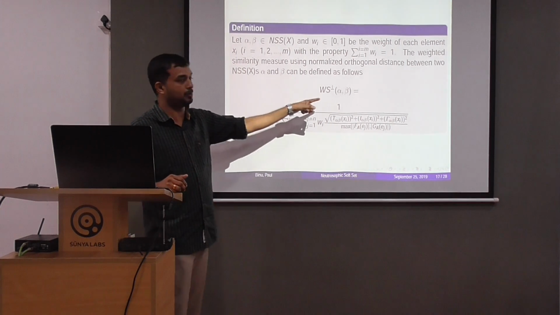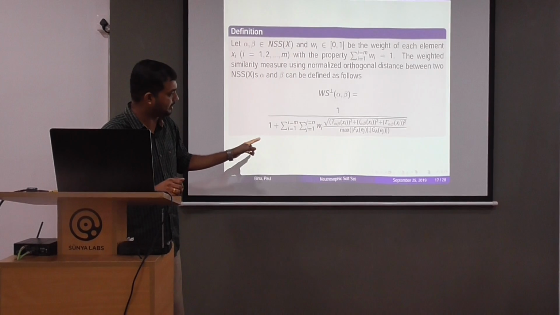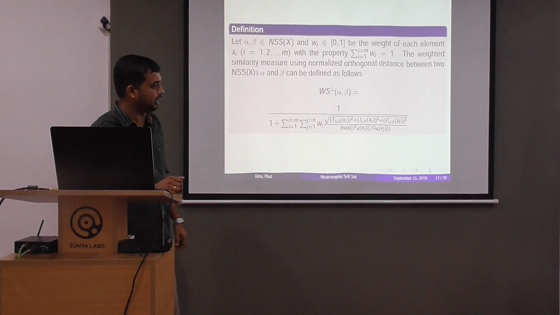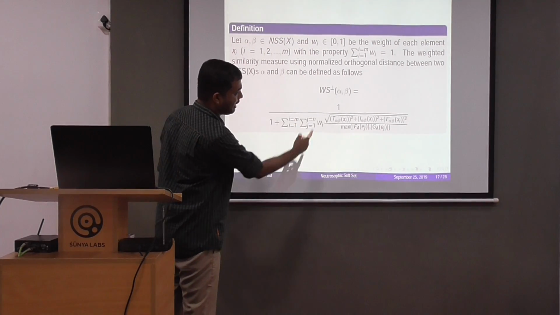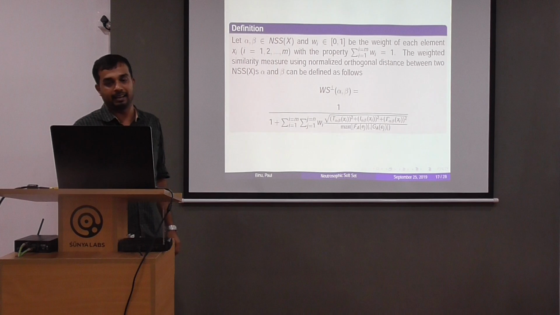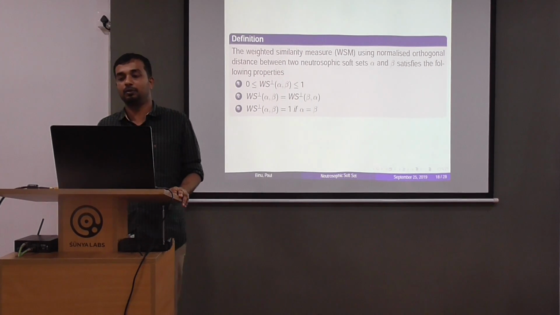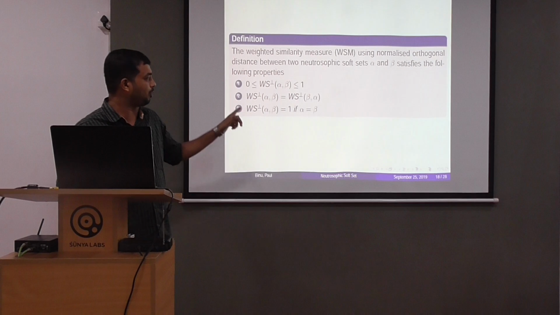Then ws perp of alpha beta can be defined as 1 by 1 plus summation i equal to 1 to m, wi into d perp of alpha beta. Next definition, the weighted similarity measure using normalized orthogonal distance between two neutrosophic sets alpha and beta satisfying the following